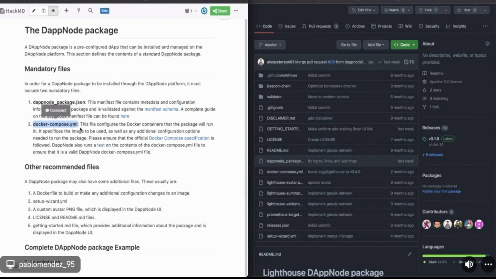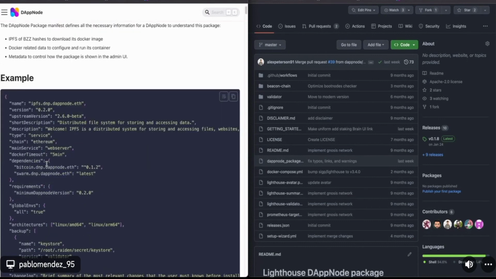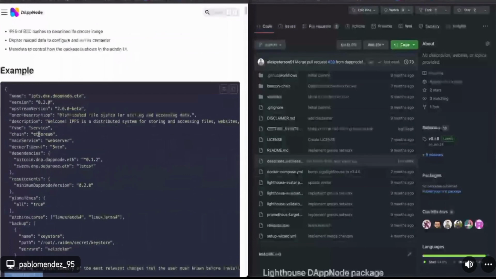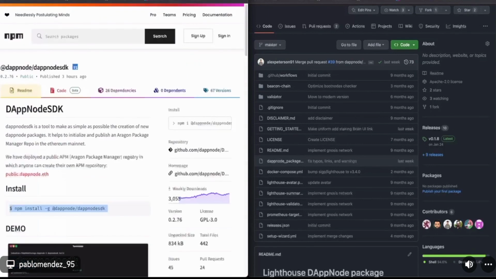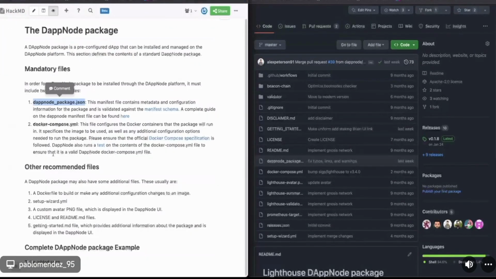So this is the DAppNode documentation of the SDK. You can come here and check all the reference. I'm not going to explain all of them because it will take a lot of time, but it is mainly metadata of the package, like the name, the version, the description, and so on.